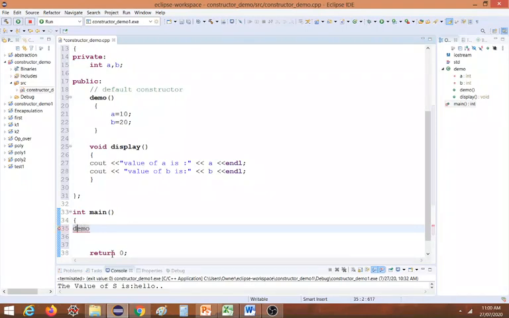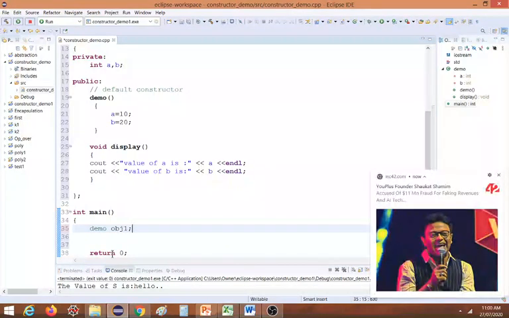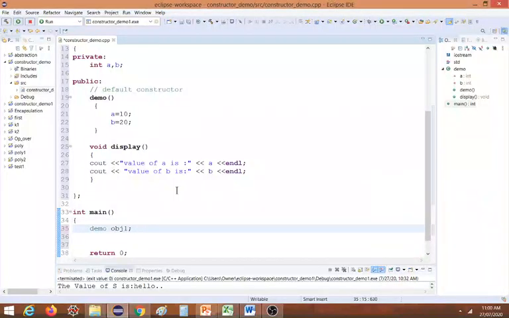Demo is the name of a class, so I will declare an object of this demo, obj1, semicolon. Now when I am creating this object and I run, the constructor will be called automatically. Let us see.